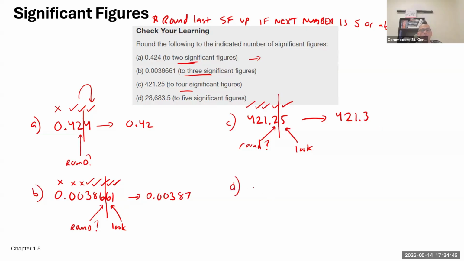Okay, D, last one, 28683.5. These are all significant. Again, we want 5 sig figs. After the 5th number, we're going to come down here. And don't forget there's a decimal there. So we're going to figure out if we need to round this, and we're going to look at this one. All right, if it's a 5 or above, we're going to round that up. 6, 8,